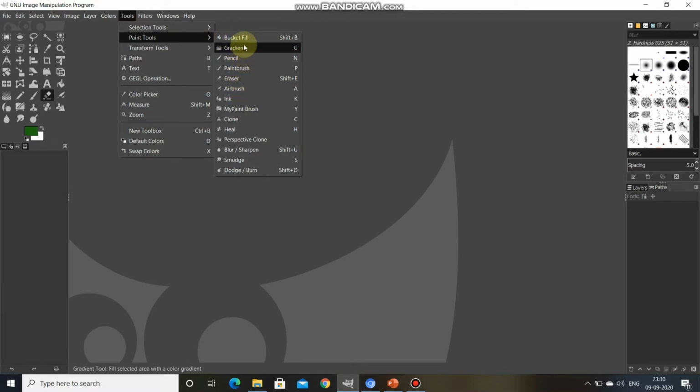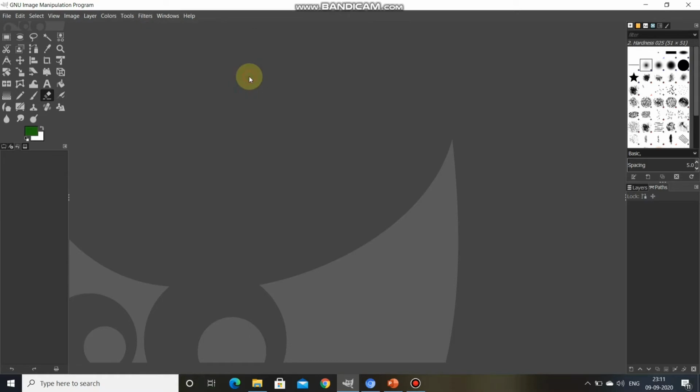So select the required paint tool, whatever we want. For example, we are choosing the eraser tool. The eraser tool erases the background or transparency using a brush.